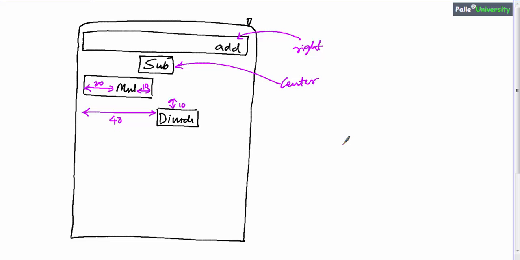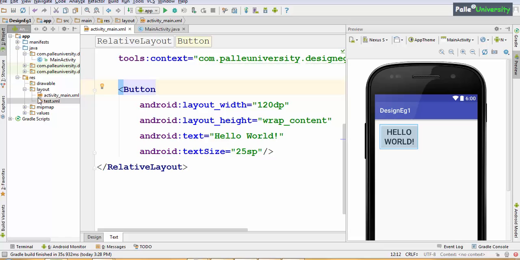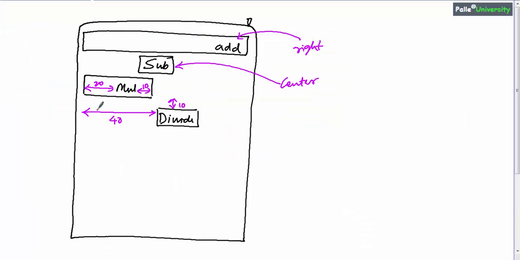Now let me show how to design the screen. I will open same previous application. Let me create a new XML in the layout. Now can you tell me what type of linear layout should I take? If you observe, all these 4 elements or 4 buttons are facing towards y-axis. Observe here, all are facing towards y-axis. So the orientation is one below each other. So we should take vertical orientation, not horizontal orientation. So preferably I will take vertical linear layout.